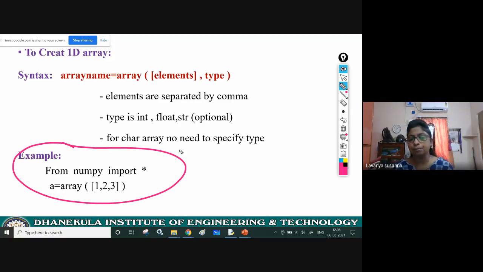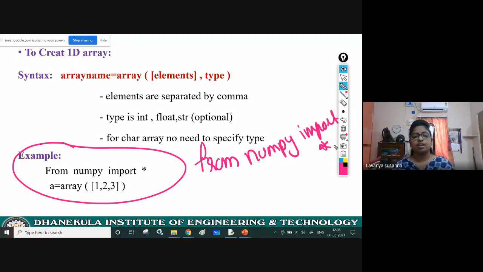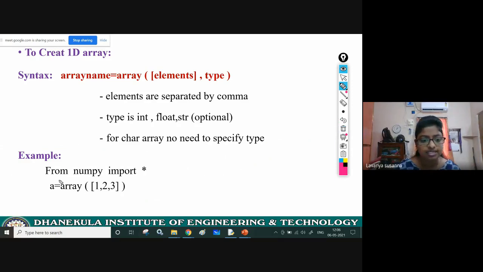First, you need to import NumPy. Remember, NumPy is a package, and you need to import that into your program. See the first statement: from numpy import star. You have to import this package. From NumPy import star. This is the first statement. Next, see this statement.